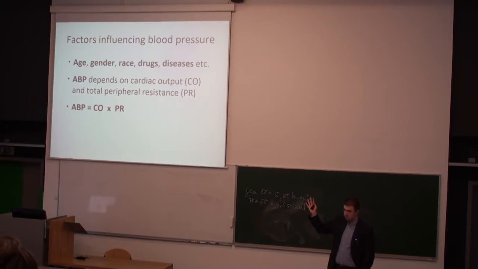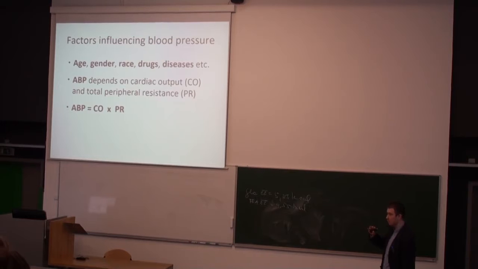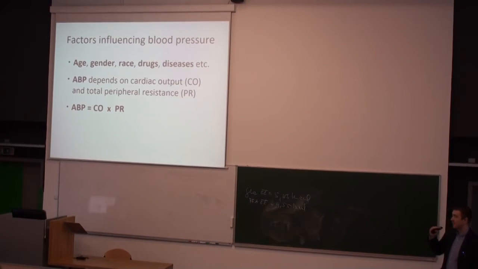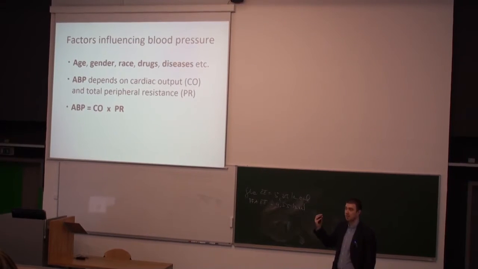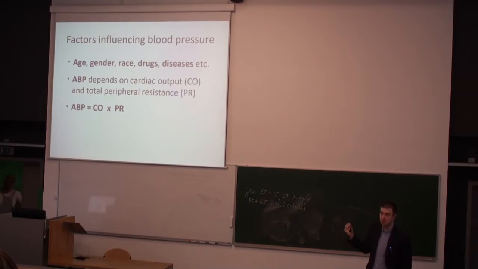If we take these factors out and we take the basic physical point of view, then we can say that arterial blood pressure is modulated by only two factors. And that's the cardiac output, that means the function of the heart, and total peripheral resistance. That means the tubes where the blood is flowing. So from the physical perspective, it's the pump and the tubes. And of course, the third characteristic is the liquid that's moving through the tubes, and that's the blood.